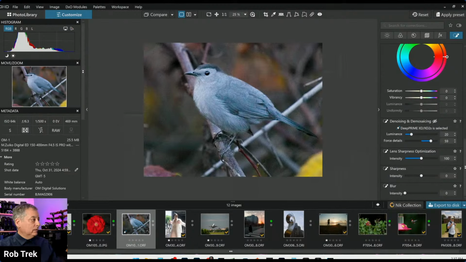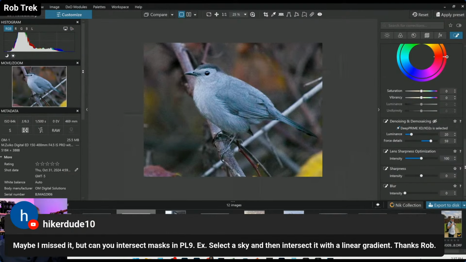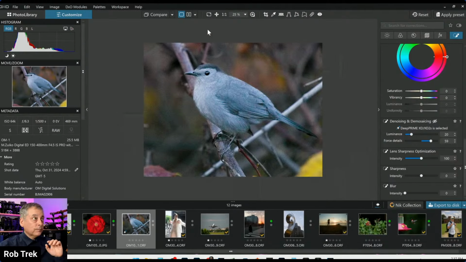And then Hiker Dude, I'm going to do this next for the next image where I'm going to intersect the masking, okay? So let's look at the final output. So this usually takes about 15 seconds. I can click on the progress bar over here,